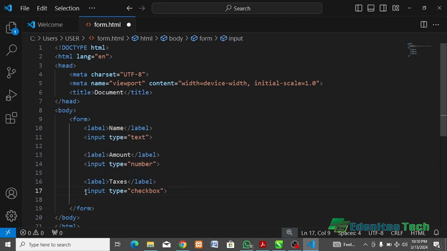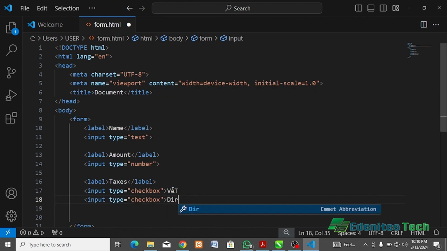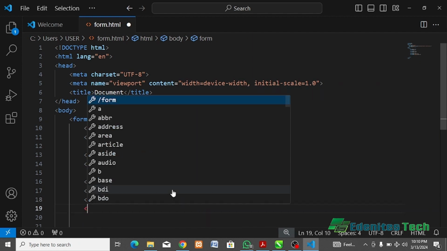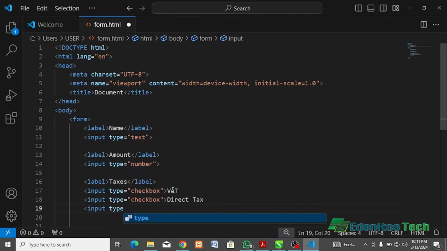Let's say inside the taxes we have VAT. After the input type, you add VAT, and you add input type checkbox. Maybe you add direct tax. The next one will be input type checkbox, and this one can be indirect